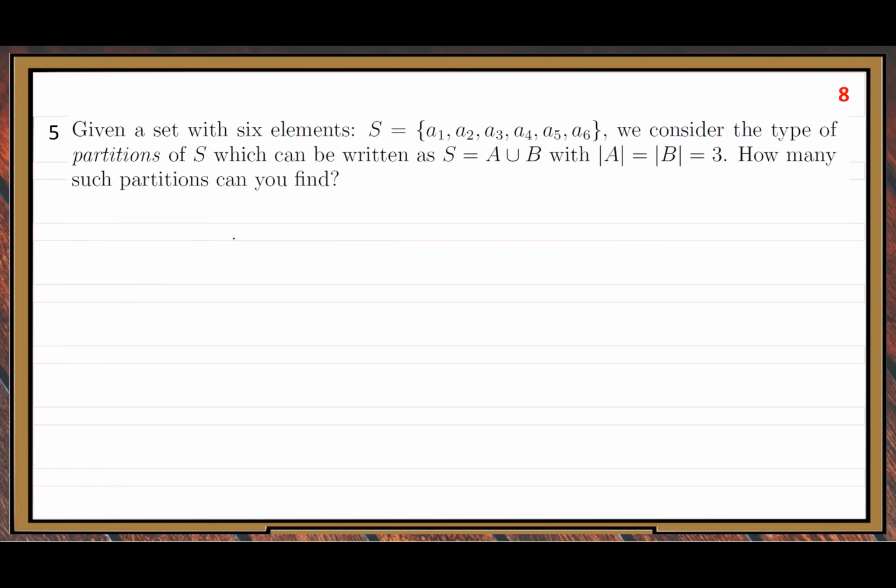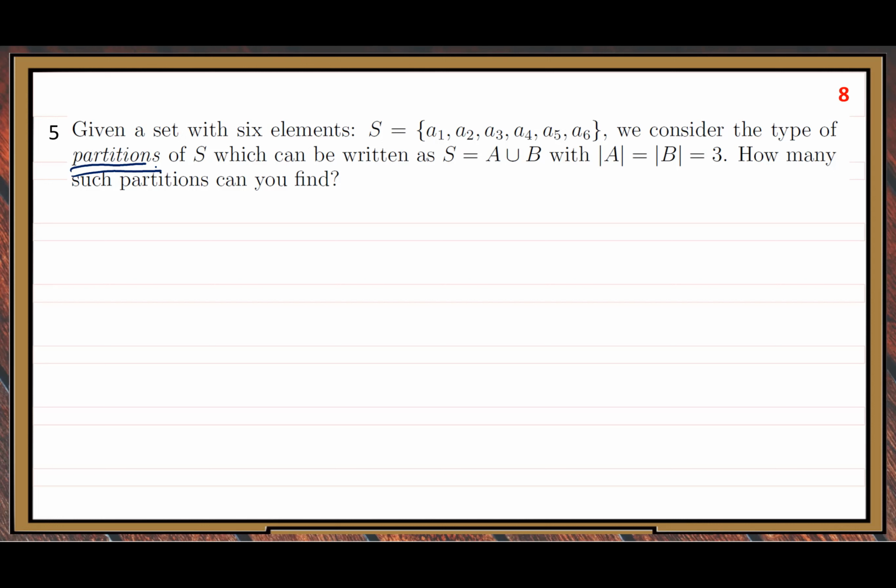Okay, next question. Here, we want to understand the partition concept. So for this question, we need to really calculate carefully. All right. Given a set with 3 elements, we consider the type of partitions of it. First, we need to be familiar with the properties of the partition concept. With a partition of a set, what properties should we have for a partition? We need to review that,